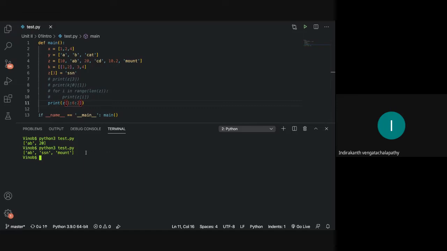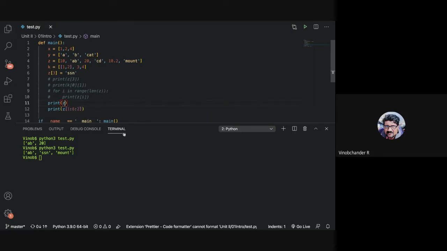So 0, 1, and then you skip by 2, so 1, 2. Now, why do you get SSN? Because we have changed Z of 3 equal to SSN. Right?